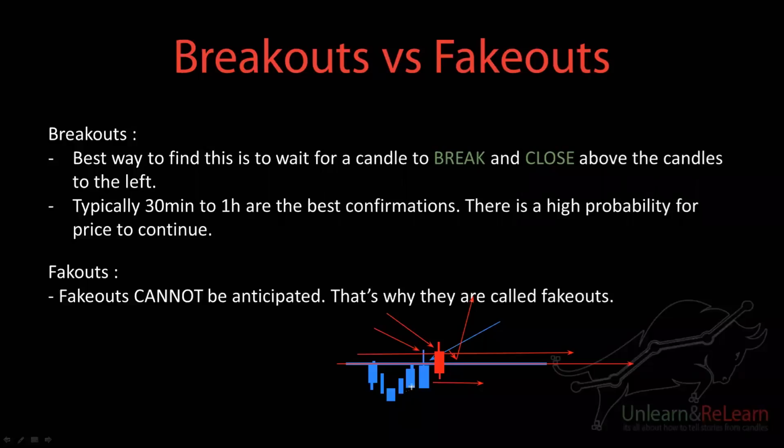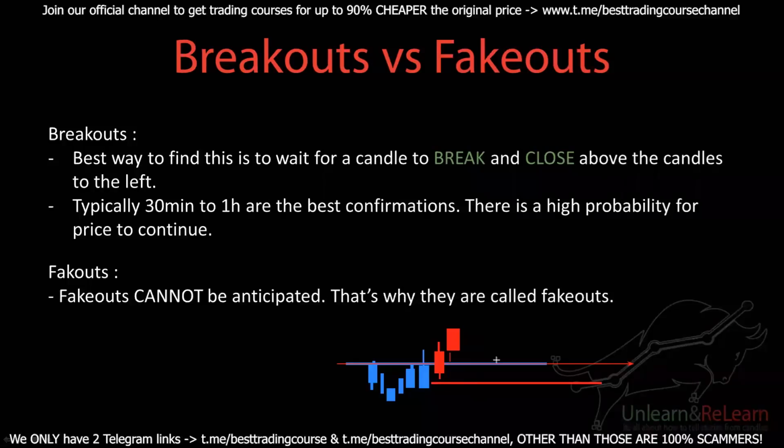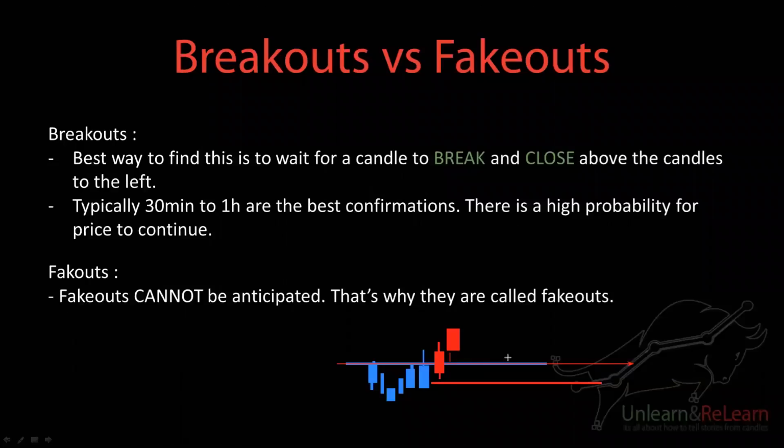So always wait for candles to break and close above support, because once you have a candle breaking and closing above support, man, this is your breakout candle. Now you can anticipate the next candle to continue moving bullish without breaking the low of the previous candle, because you're expecting price to continue moving up. Typically the 30-minute and the 1 hour are the best confirmations, and these are very high probabilities. Understand that for inter-session trades, the 1 hour and the 30-minute are really high probability setups. So you're always looking for them.